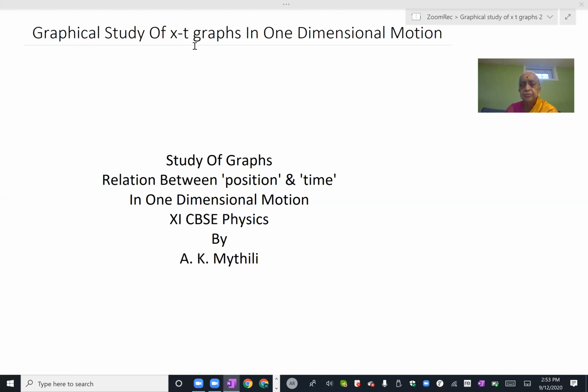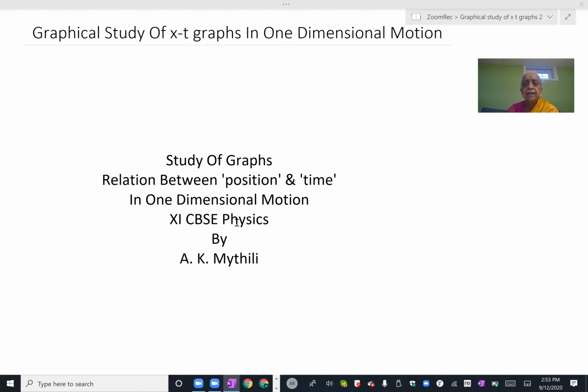Similarly, t equal to 0 will be one instant at which we are making our observation and starting our observation. So it is the start of an observation. The instant at which the observation starts is t equal to 0. So you have to fix your x at 0. Which position is x equal to 0, and which instant is t equal to 0.